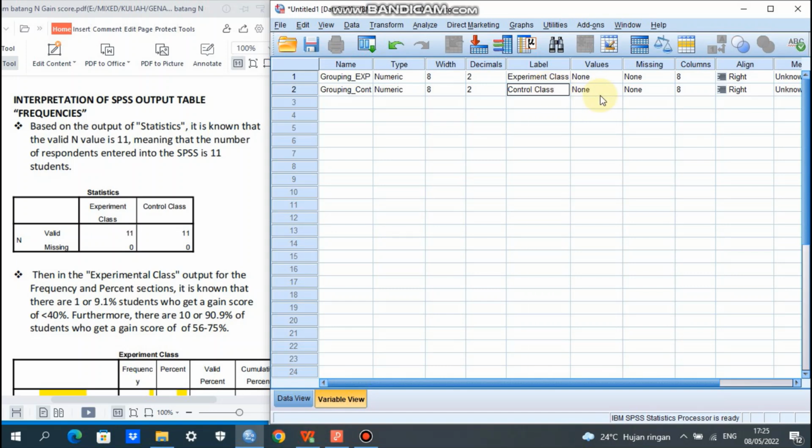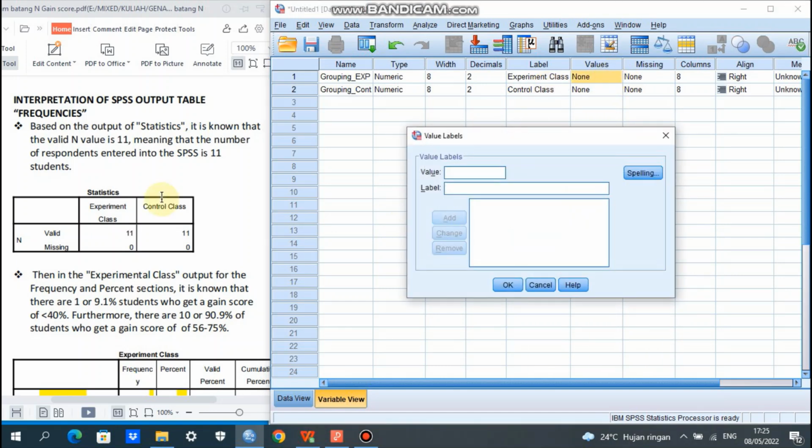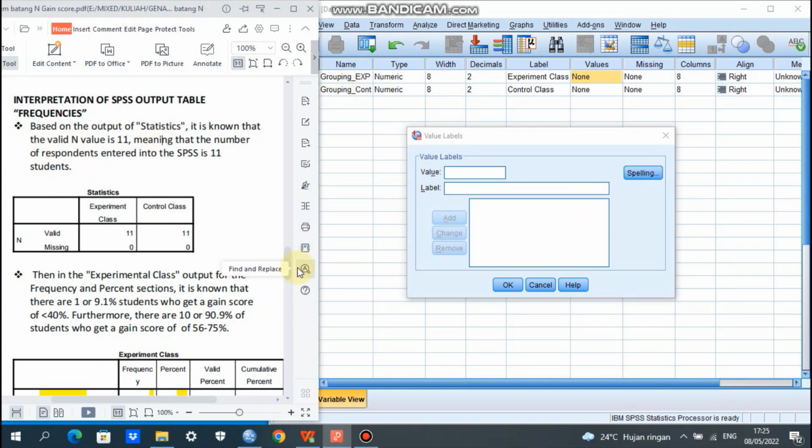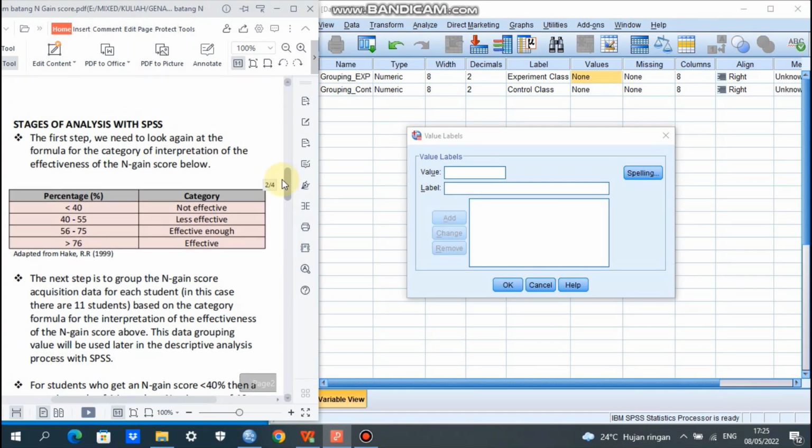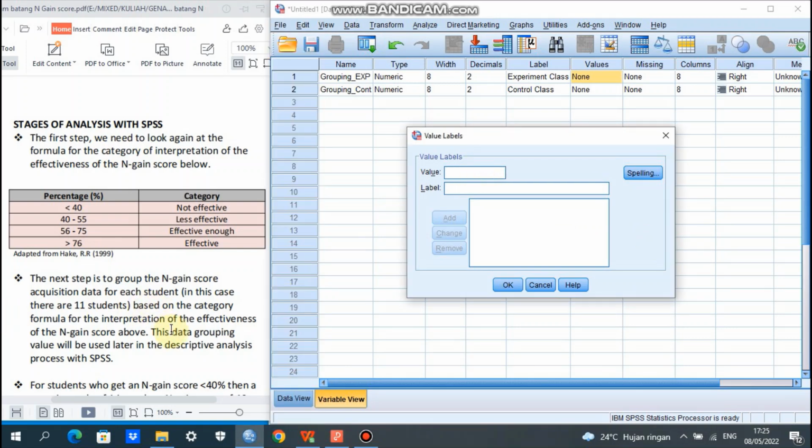We type control class here, and then the value, we type the value based on the category of the percentage, yeah. So based on the coding, we type 1, and the label here is less than 40%, so it is not effective.